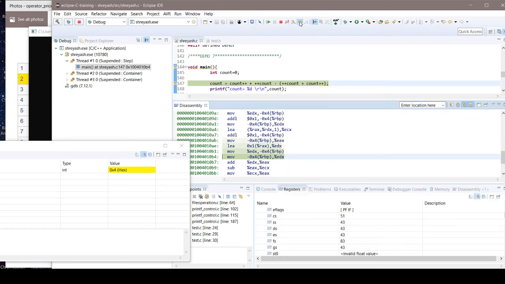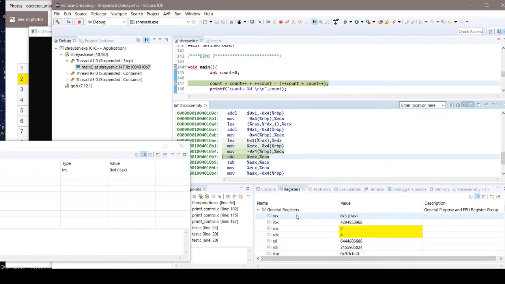Now you note the corresponding register. Here you note the values of the registers.